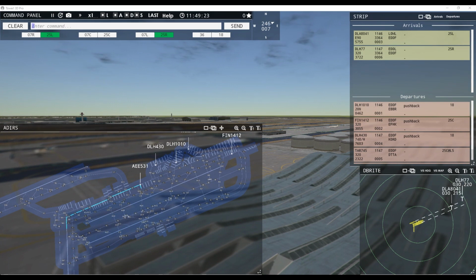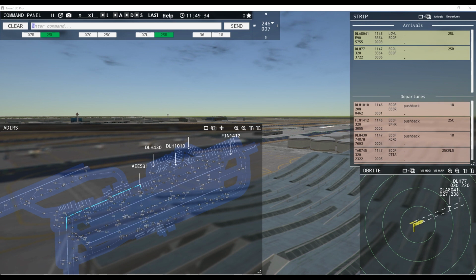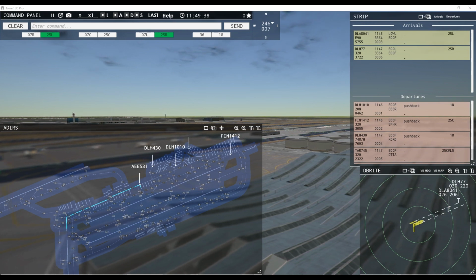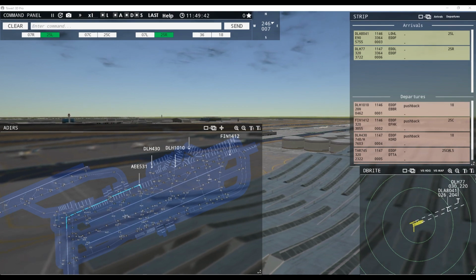So, Tunair, you ready? Pushing back there. A few arrivals coming in, Dolomiti and Lufthansa. So Tunair is moving slowly. So I'm going to, before the pilot gets back to me, which he will very, very quickly,